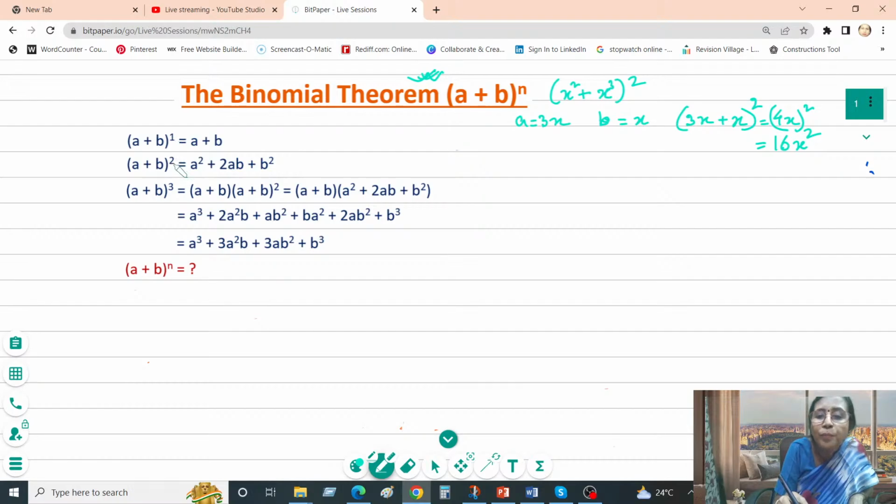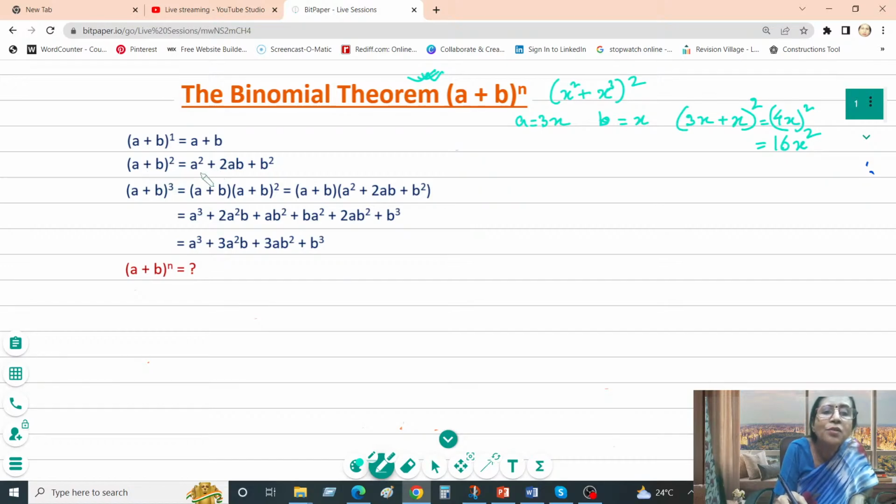When the power is 2, a plus b raised to the power of 2, this is a simple identity. So if you do not know this identity or you keep on forgetting this identity, you just multiply a plus b times a plus b. I think all of you know how to multiply binomials. You should be knowing because you have come to this chapter, the binomial theorem. So you should be familiar with multiplication of binomials or multiplication of polynomials.